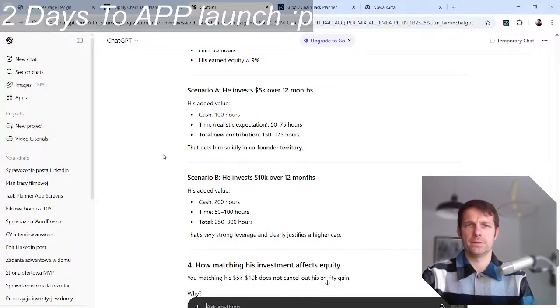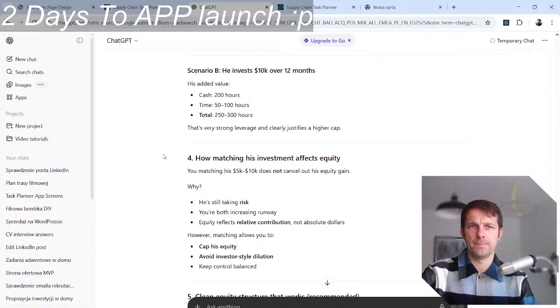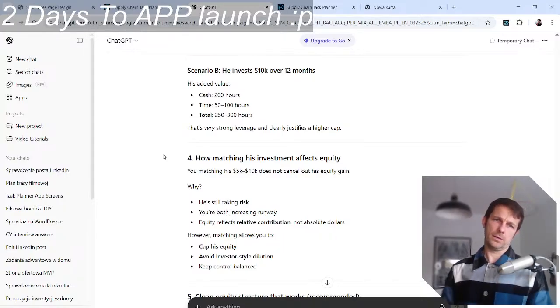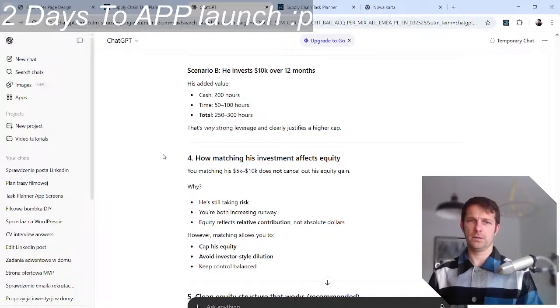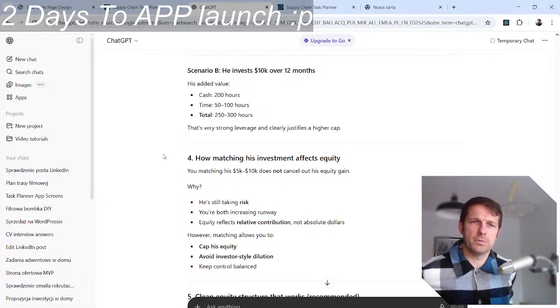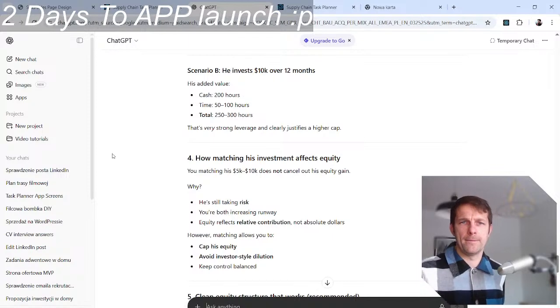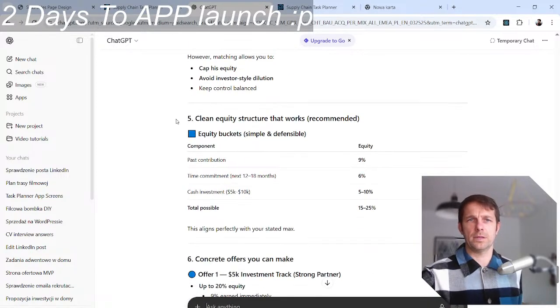Or he invests 10k over 12 months. How does matching his investment affect equity? You're both increasing runway. Equity reflects contribution, and it allows you to cap his equity. Okay, a clean and equal structure that works. Recommended.